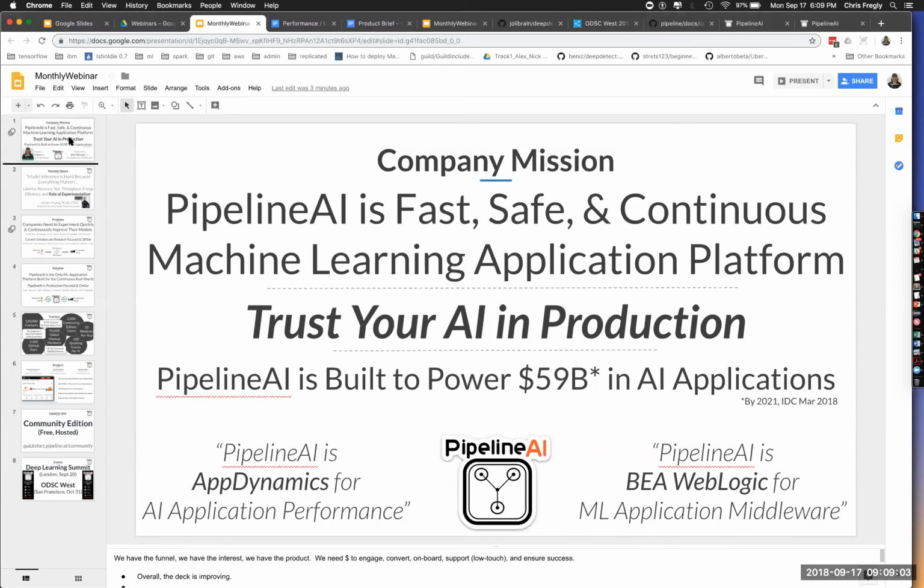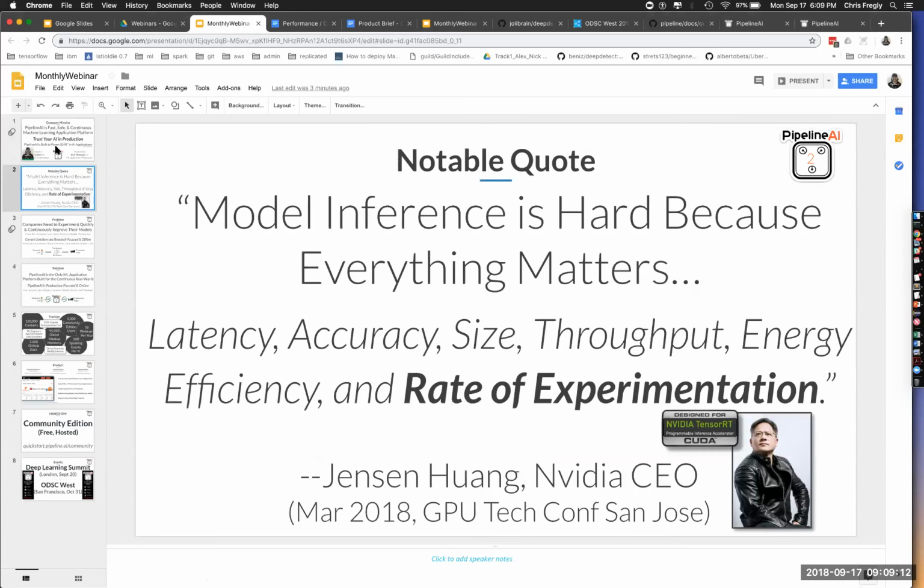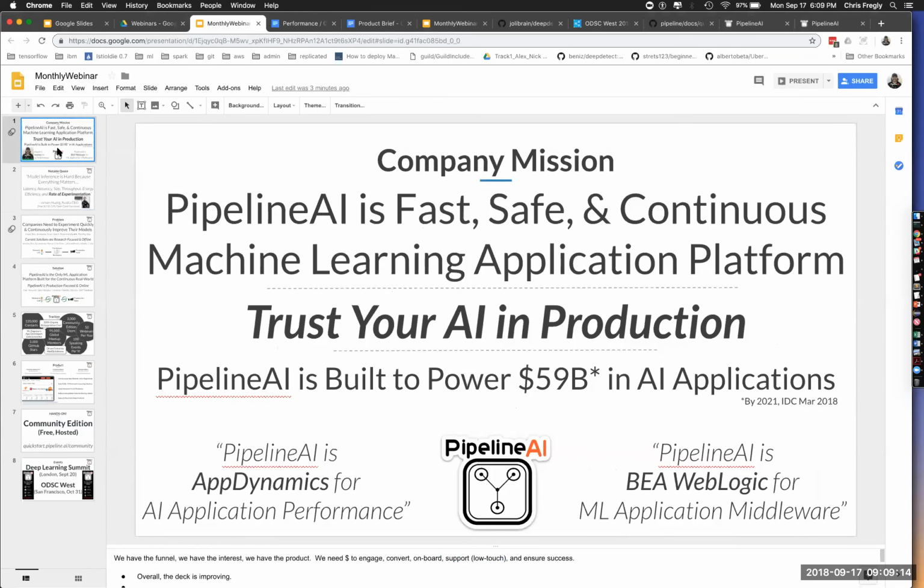There's this phase between the modeling and model training, and the actual productionization that Pipeline's trying to highlight here. So in digging up some of the numbers, by 2021, IDC is estimating $59 billion in AI application spend. Currently, this is, I believe, $17 billion for the year 2018. So a nice 3x factor here.